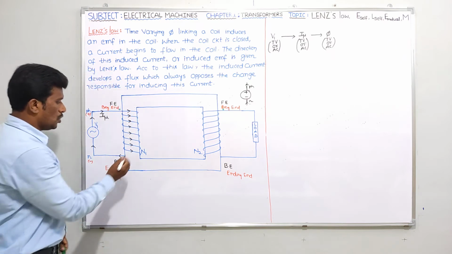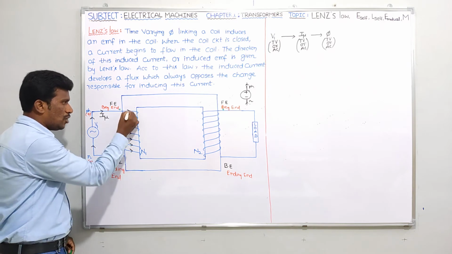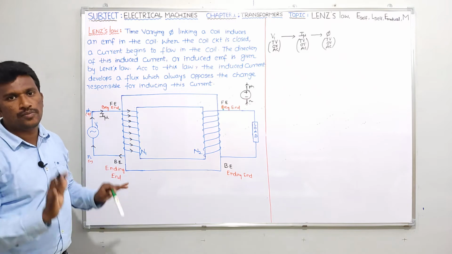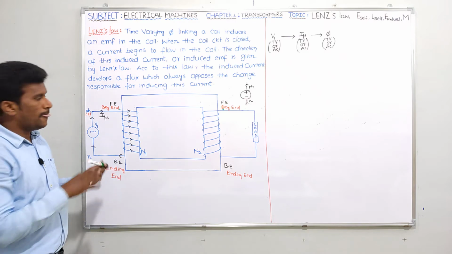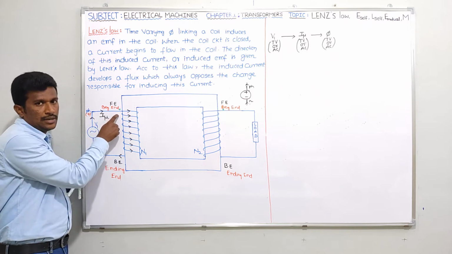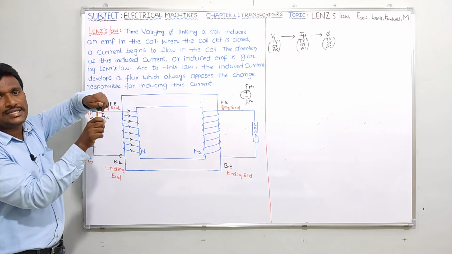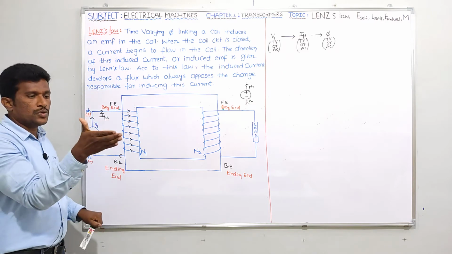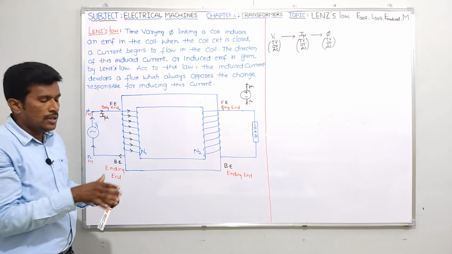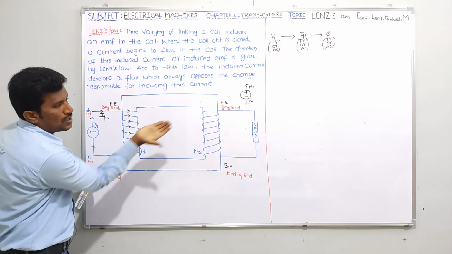Right. So is it clear, everybody? This is the direction of I mu. This black color arrow mark indicates the direction of current I mu. Is it clear? Now tell me, guys, current is entering at the front end, back end here. Think clearly and tell me. It is entering at the front end. That means if current is entering at the front end, in the right hand thumb rule, for a circular conductor, I told if current is entering, you should show like this. Suppose if current is leaving, you should show like this.